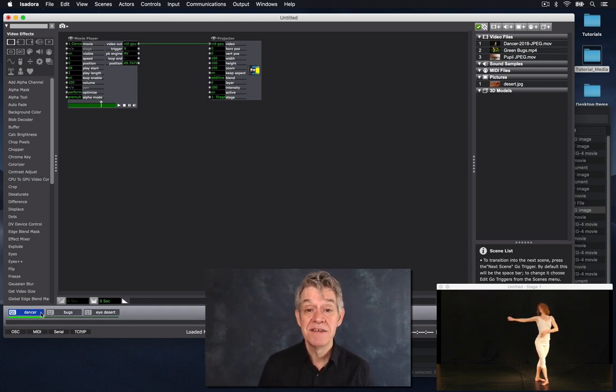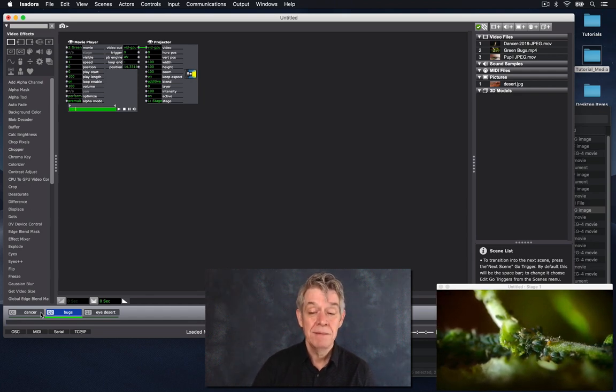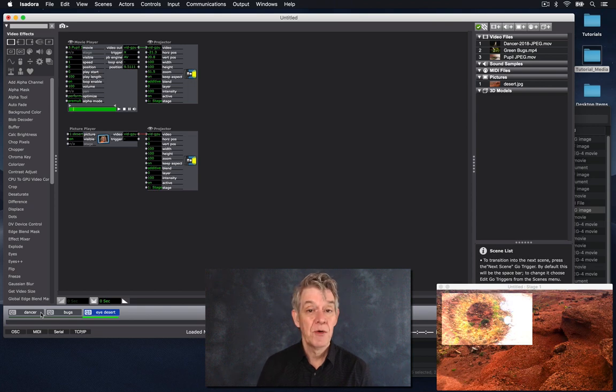We also have that in Isadora, but since we don't have a big green button, we use the biggest button on the keyboard, which is the space bar. So if I'm in the first scene and I hit the space bar, I immediately cut to the video of the second scene. And I hit the space bar again, and now we're in the third scene, right? So you actually have this really easy way to get through the scenes using the space bar